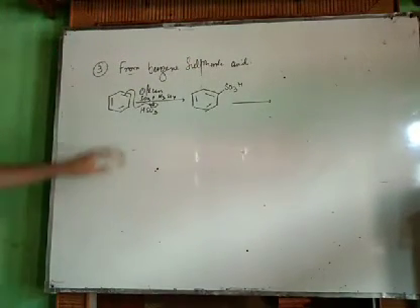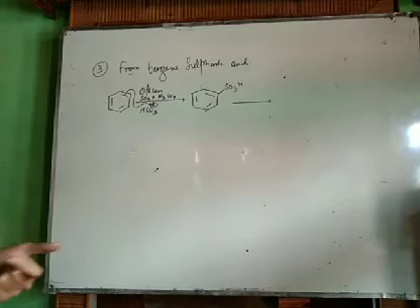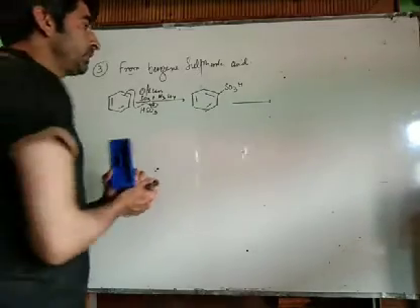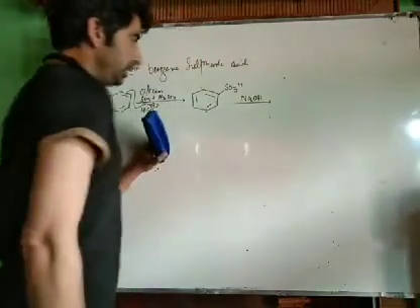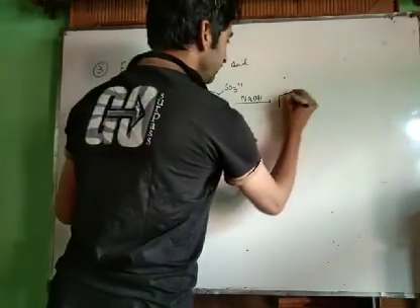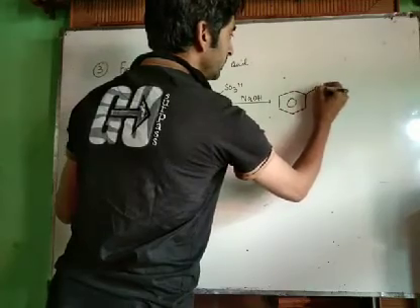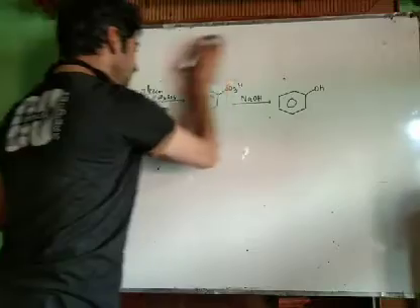What we have done, we have taken benzene, treated it with oleum, that's SO3 and H2SO4, and then we obtained benzene sulfonic acid. Now this benzene sulfonic acid is treated with NaOH. If we use excess of NaOH, what will we get? We will get phenol, plus other byproducts. Now this is the third method of preparation of phenols.